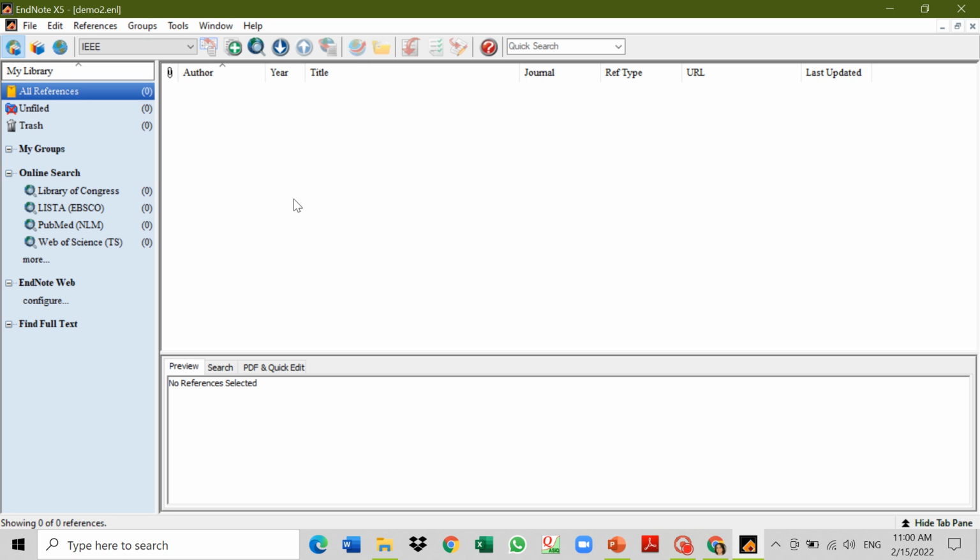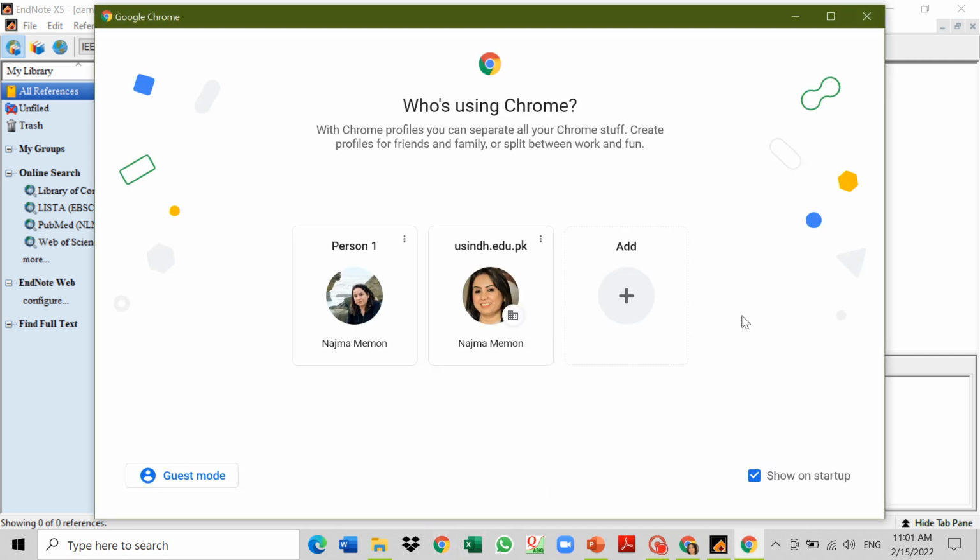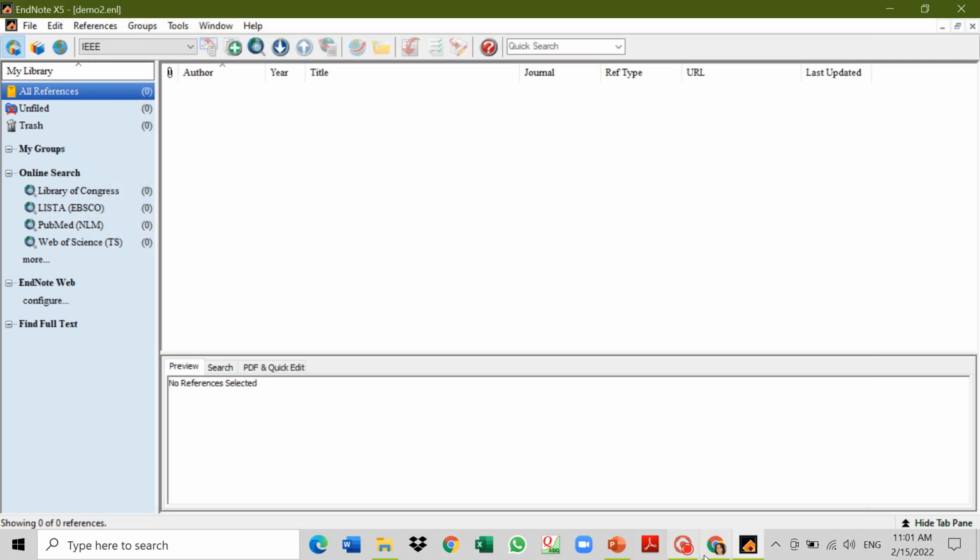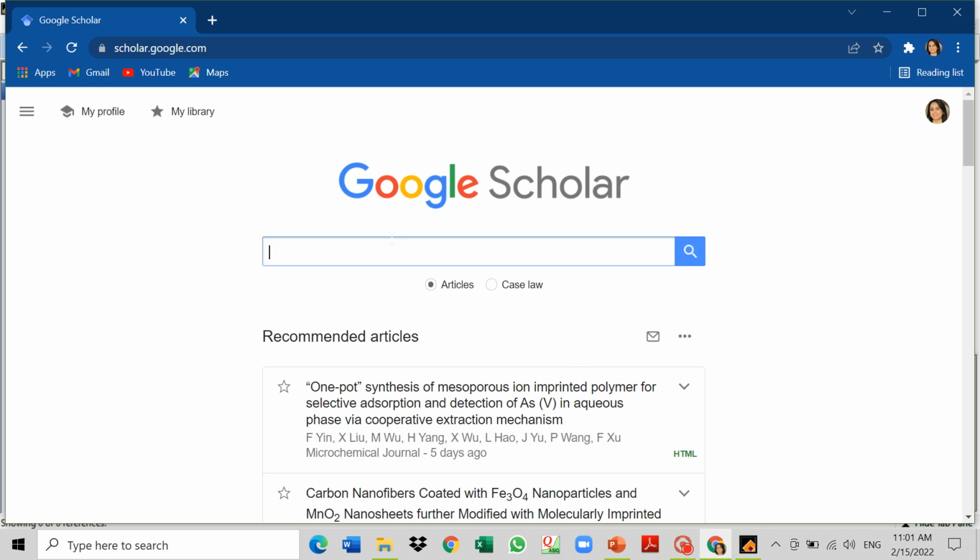it will open a new library, and now this library is open. So whatever reference you download will be stored into this new library. So let us see how to download references from various websites. Probably you will be using Google Scholar. So I have opened Google Scholar here, and you can make a search